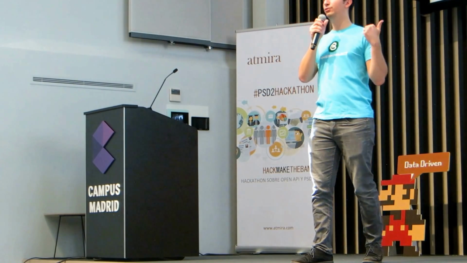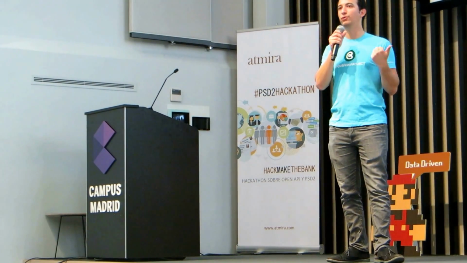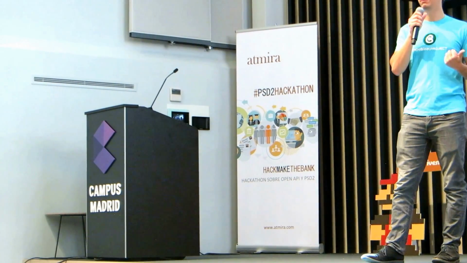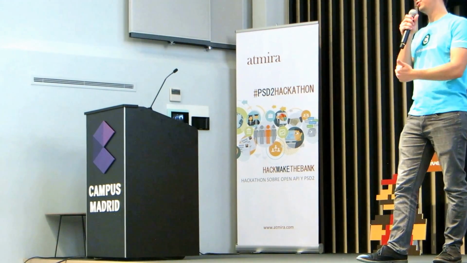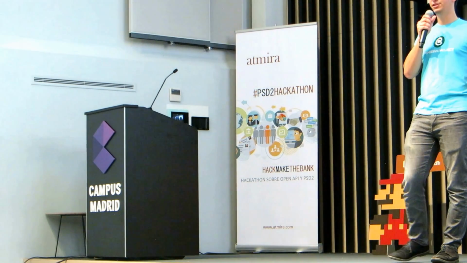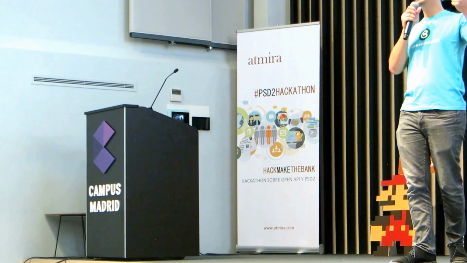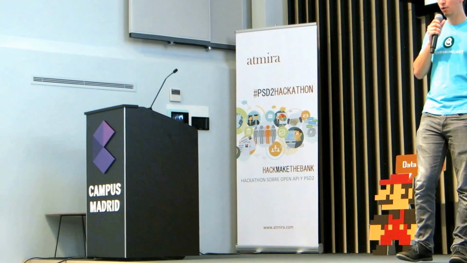The first thing you have to do is to get an API key, and you can do that by going to api-sandbox.openbankproject.com. I'm pretty sure we'll send you an email with this information anyway, or we've already sent you the email. But api-sandbox.openbankproject.com, that's step 1, get your developer key. Once you have your